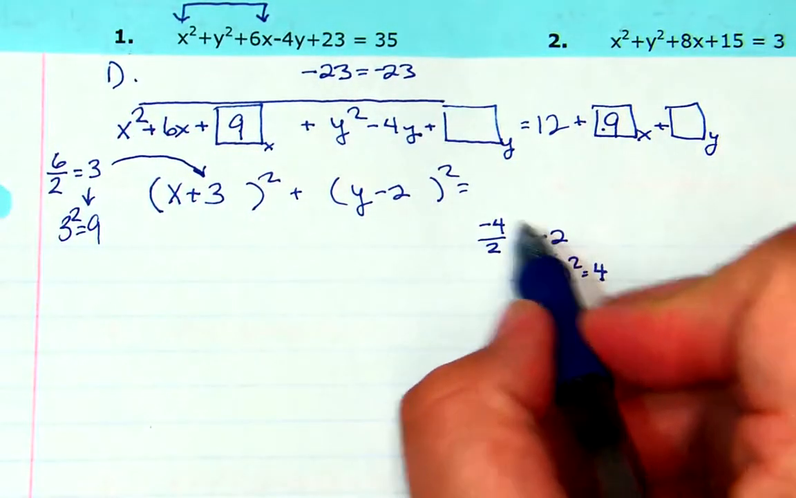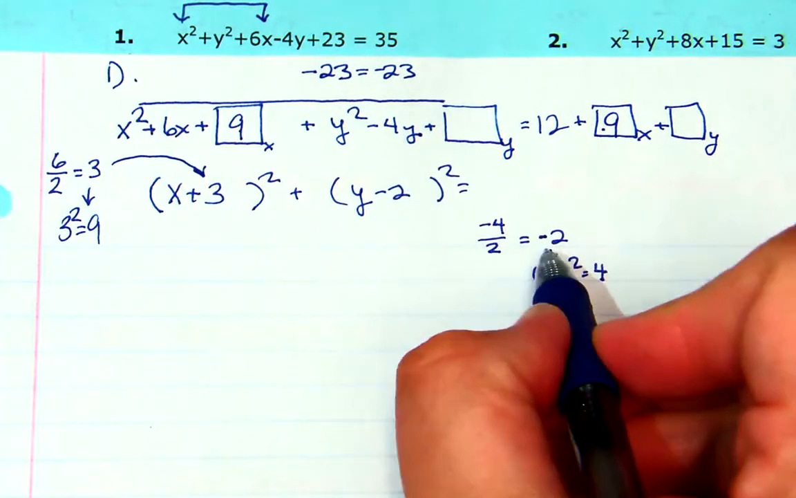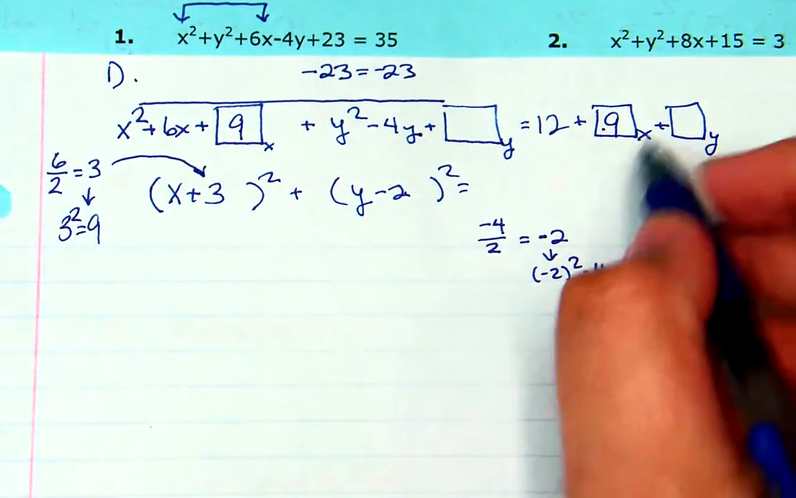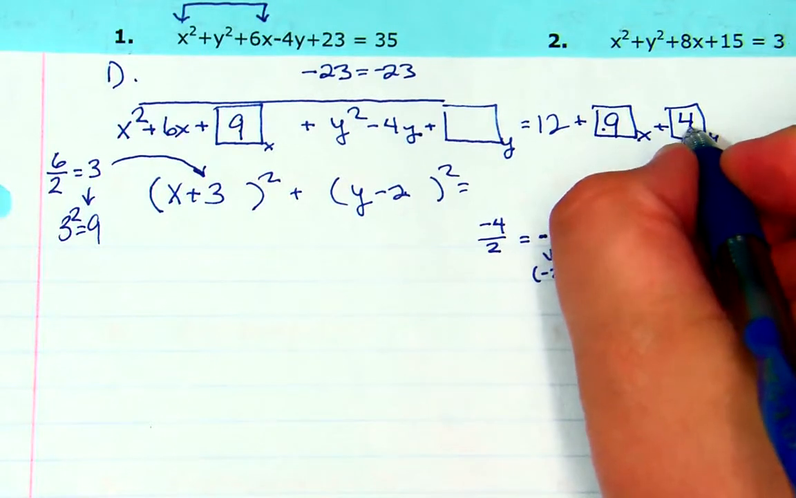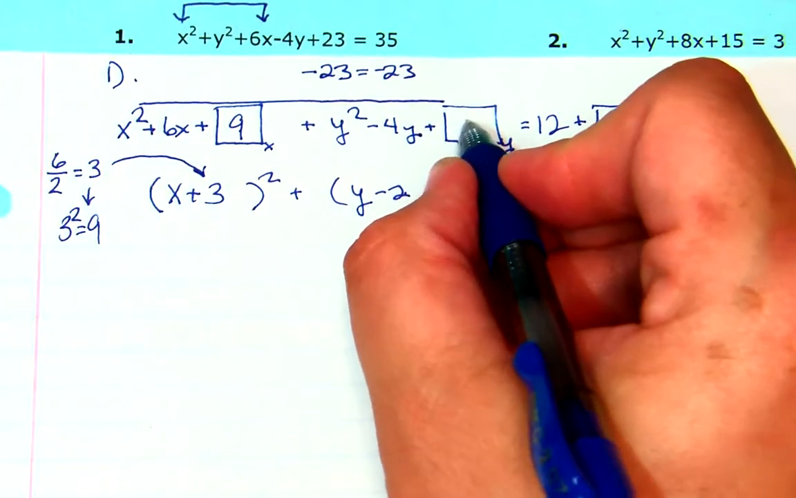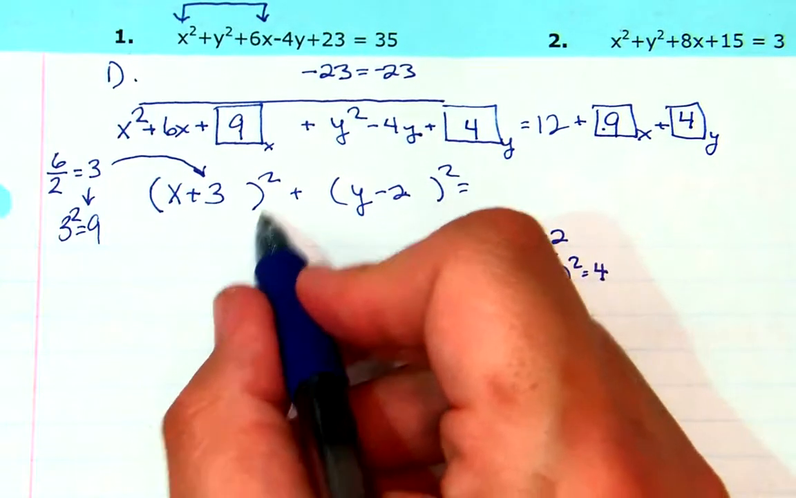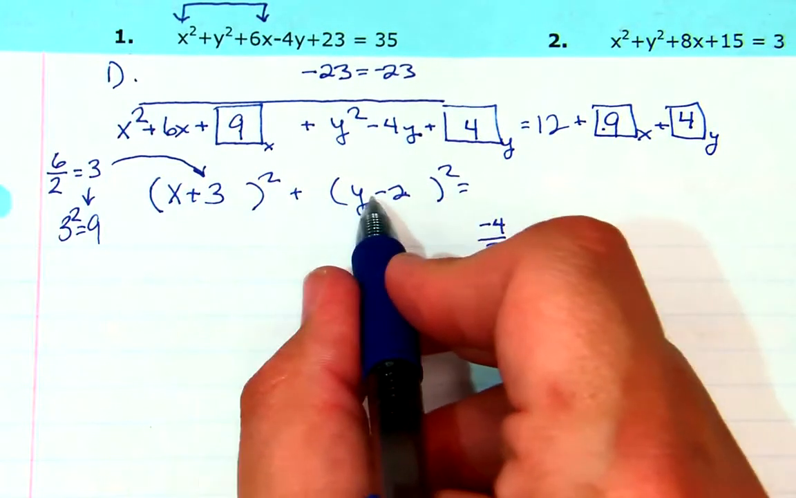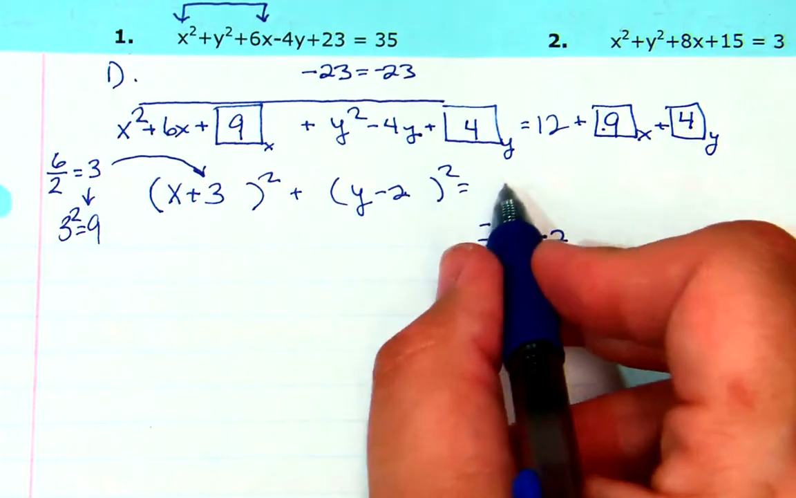Now for here, I took the negative 4 divided by 2. I got negative 2. So I'll get y minus 2. Then I put the 4, and I have to put the 4 into here. And this is going to be a 4 as well. So now I know it's x plus 3 quantity squared plus y minus 2 quantity squared is equal to, well,